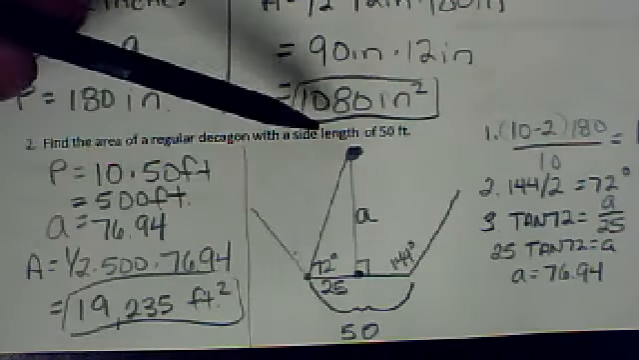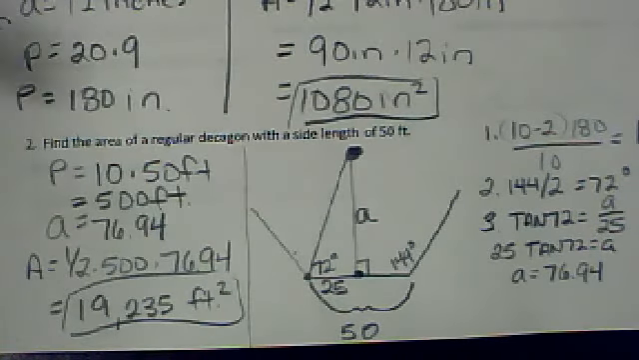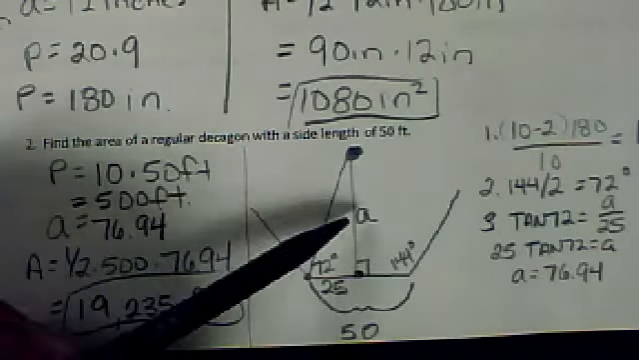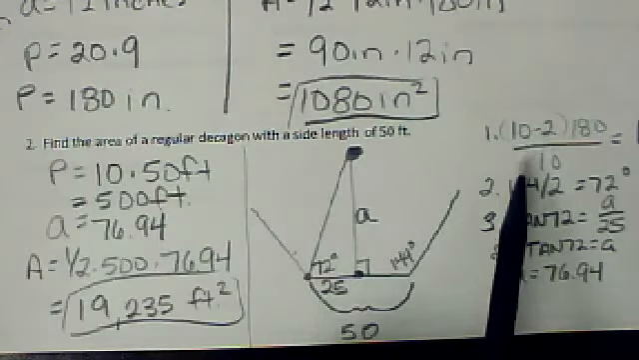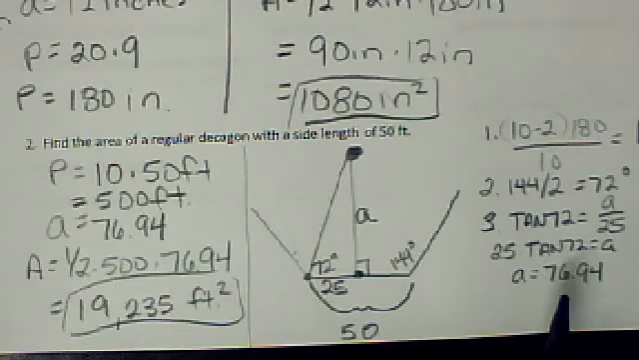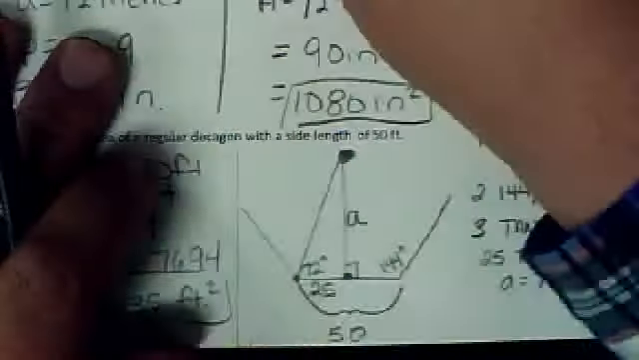So we were given a side length that helped us find perimeter. Then we created this illustration and used a couple of formulas we already knew to figure out what my apothem length was, which finished off my area. All right, last problem here on the